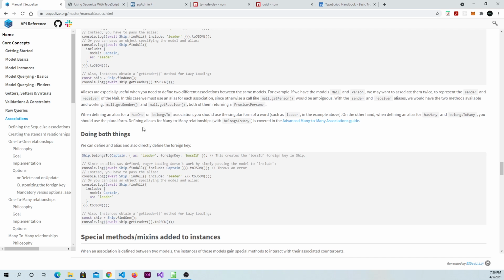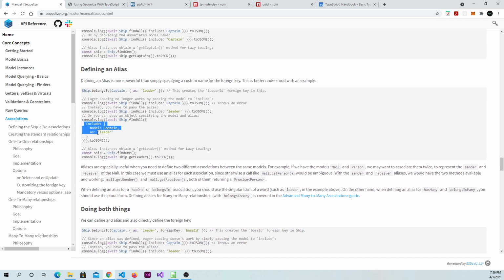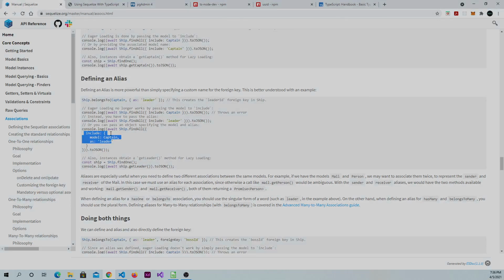All right, well, you can see right here, this is what we're going to use. So going back to our code,